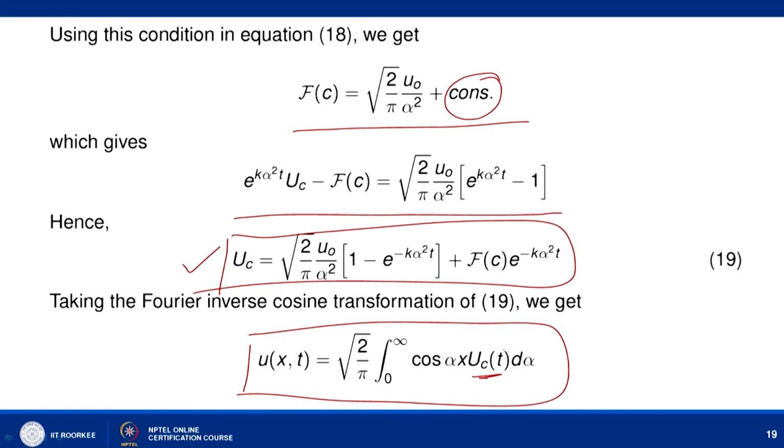So, by putting the expression for u c t, we can find the solution for this semi-infinite region when the boundary condition is given in terms of ∂u/∂x. So, that is all for this lecture. In this lecture we have considered the heat equation in infinite region and in semi-infinite region when two different kinds of boundary condition are given. If the boundary condition is given in terms of u, we apply the Fourier sine transform, and if the boundary condition is given in terms of ∂u/∂x, then we solve our problem by applying the Fourier cosine transform.